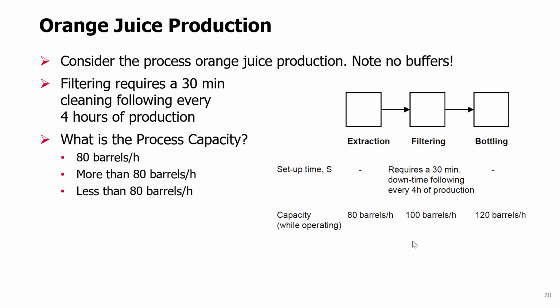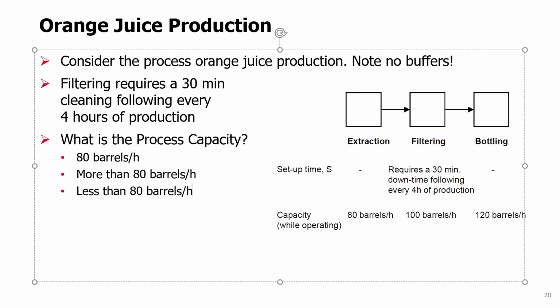So what is the process capacity? So it would seem that the capacity, right, these are the rates that extraction can be done at 80 barrels an hour, bottling at 120 barrels an hour, which is not a problem. But it seems that filtering will not be done at 100 barrels an hour. It will be done at a slower rate, right? It could be done at what rate? We have to see the processing capacity here is